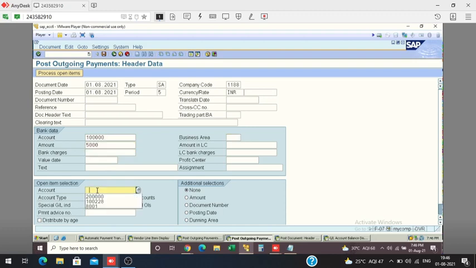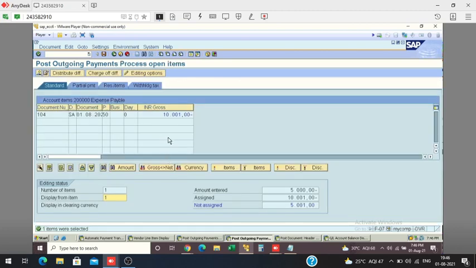Now process open item. Okay, now this is green. If you double click on this, it is deactivated. So if it is not green, you have to double click on this.